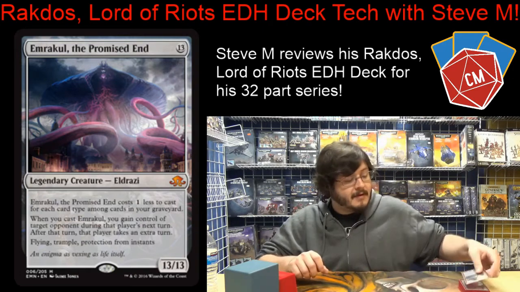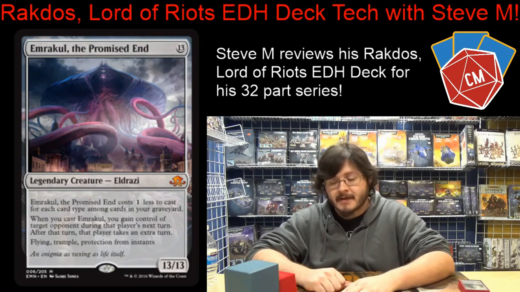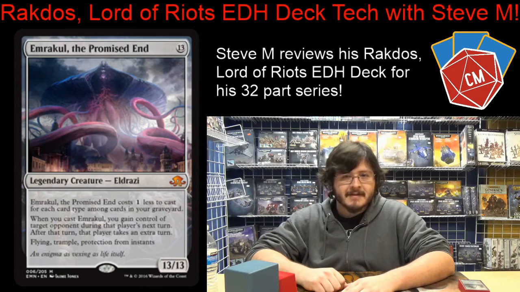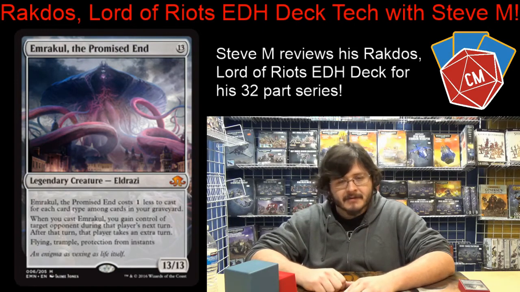Okay. And after that, we've got Emrakul, the Promised End. This is our giant monster in the sky, a 13/13. The effect, take your opponent's turn, is really cool. Being able to mess up their plans, whatever they're trying to do, is awesome. Once again, with Rakdos' effect, usually you can cast this guy pretty early, a lot earlier than you